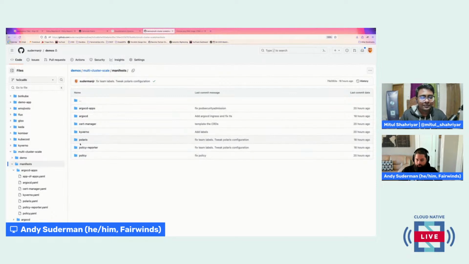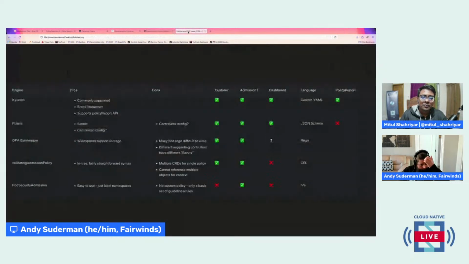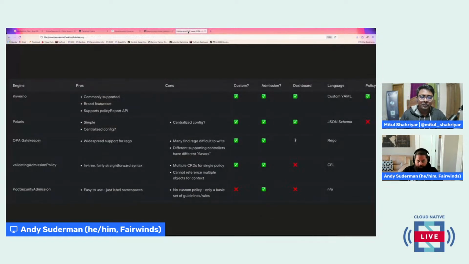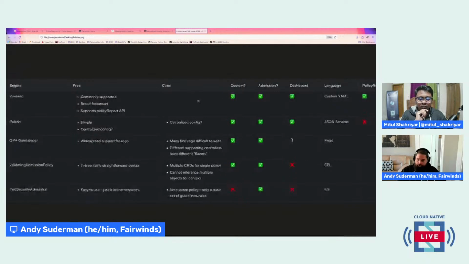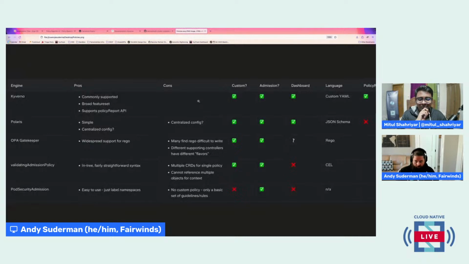But the ones we're going to focus on today, we're going to talk about Polaris, we're going to talk about Kyverno, and then we're going to talk about some other built-in Kubernetes stuff. And so to introduce all of that, I have this table here that I have created, and it is mostly complete. But what I realized coming into this was at scale, we have 5, 6, maybe 7 or 8 options for doing policy these days, right?